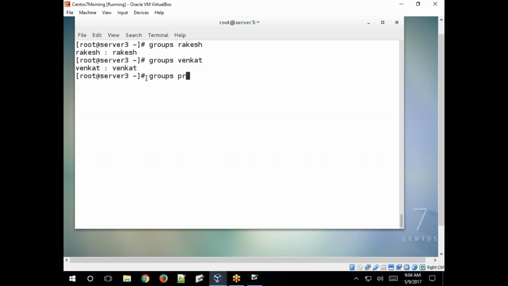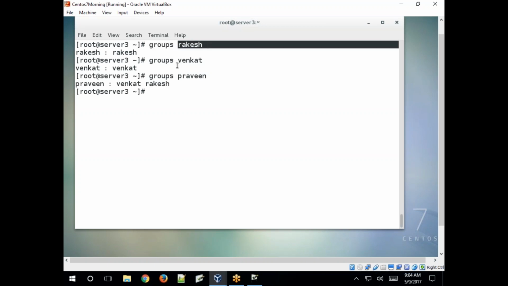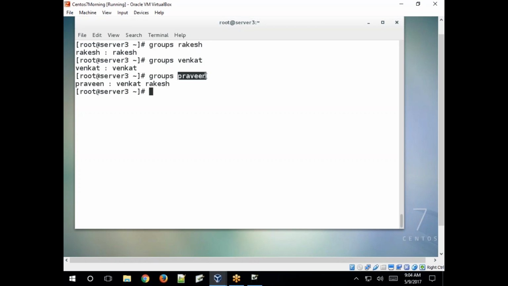See, Praveen is in the Venkat group and Rakesh group. groups is the command, followed by the username. So Praveen user is in the Venkat group and Rakesh group. So capital G: usermod -G. If you specified small g, then its primary group will be modified with whatever group name you specified.